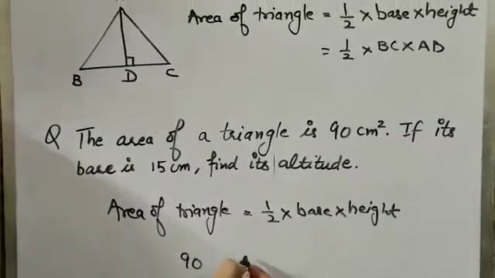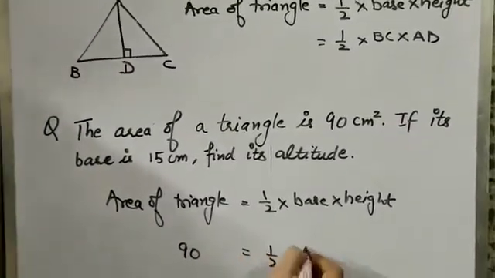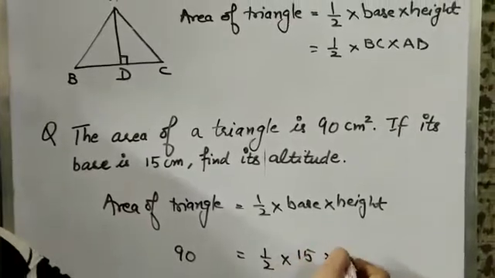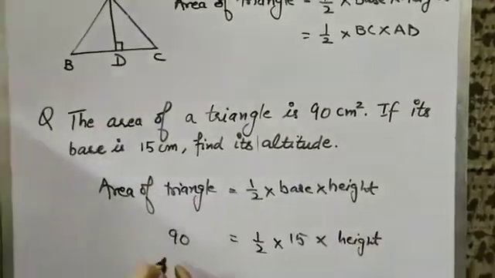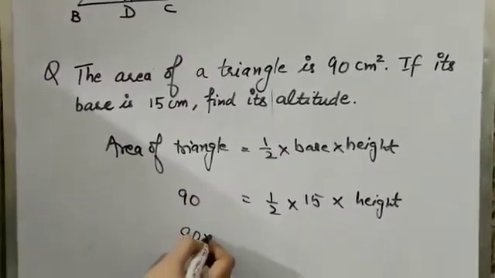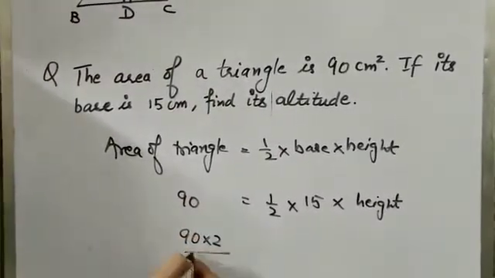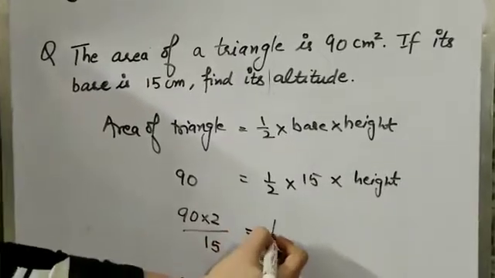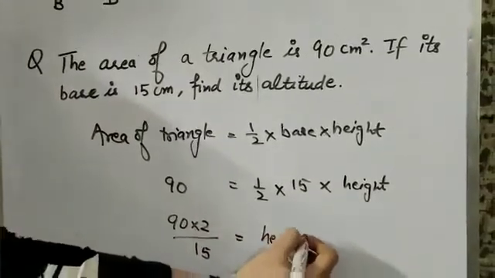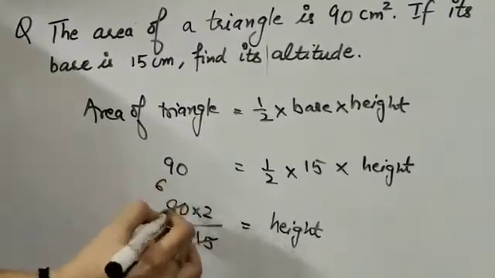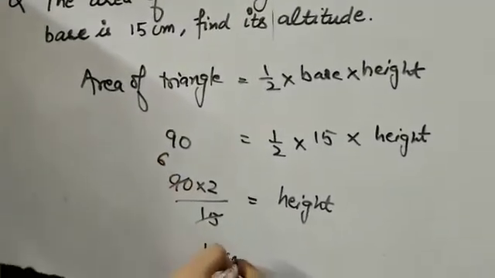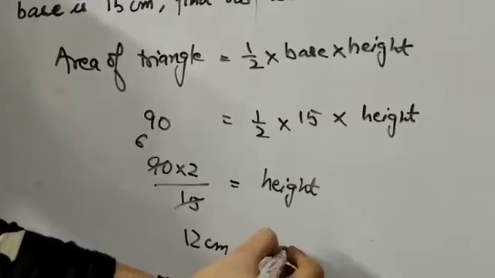Area of triangle 90, base 15, and we have to find the height. Now we'll take 2 to the LHS and 15 to get height or altitude. Both have the same meaning; if you are writing height or altitude, that doesn't matter. 15 sixes are 90, 6 twos are 12 centimeter. The height of the triangle